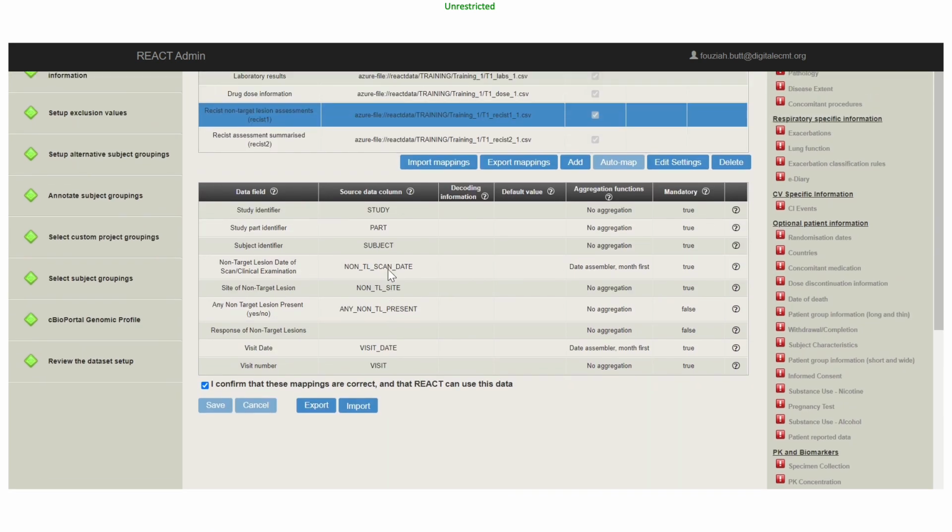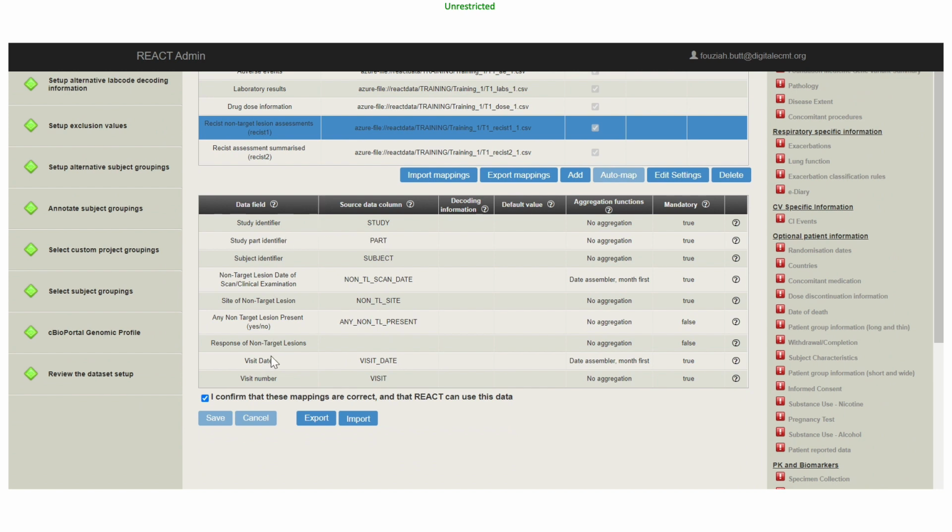So again, for this one, we have a number of data fields that need to be mapped to the source data columns. I'm mapping all the data fields that I have, the mandatory and the non-mandatory ones that are present in my data. So again, we have study part identifier, subject identifier. We then have target lesion date of scan,